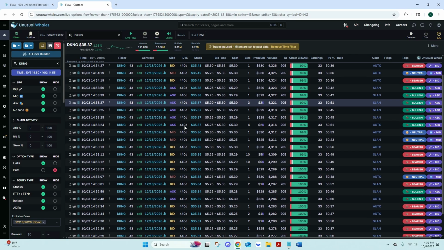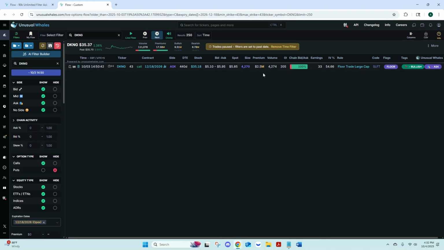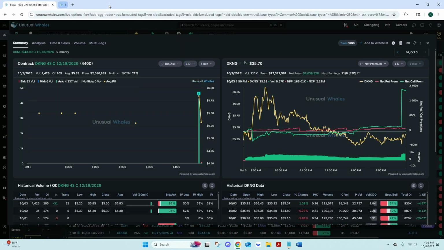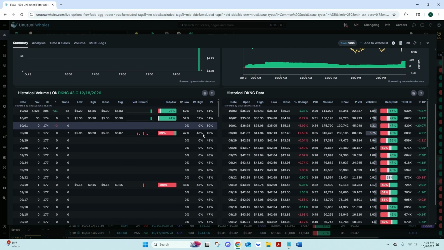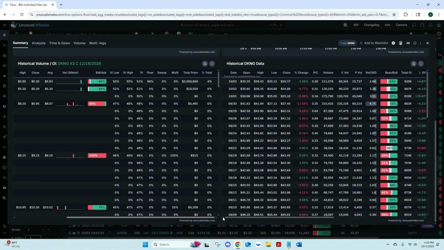Now looking at that raw flow feed. So here it's a floor trade on a large cap, obviously, and that's one of the other rules. I like this flow because it's leaning more towards the ask here. Heavy size, heavy premium. You're spiking the net call premium. You can always come down here as well, just to see how much of that. So it's 4% of the total